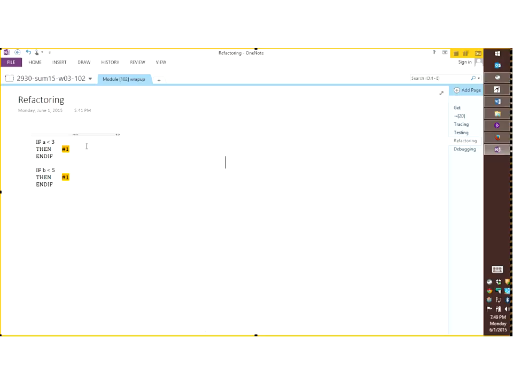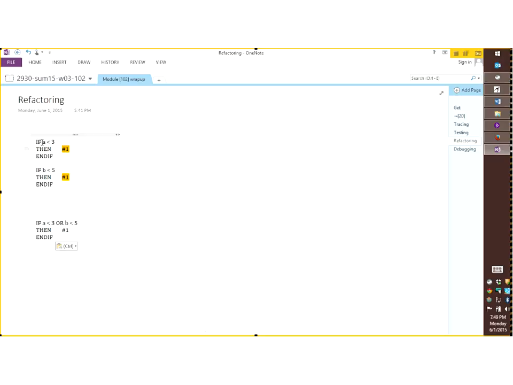It's easy to fix. Okay, so here's some code. So I have some code here, and what I want to do is illustrate refactoring. So I'm going to take this code first, and then I'm going to take this code. By the way, the number 1 here that is highlighted in yellow could be anything. It could be one line of code, like a put hello world. It could be an entire program with, like, 10 if statements nested one in another. Doesn't matter. It's a block of code. It's a piece of program.